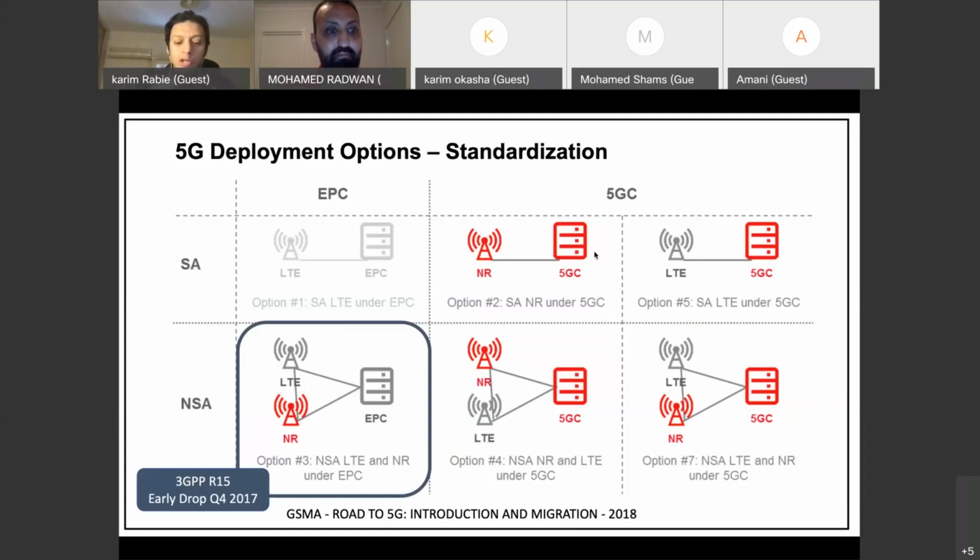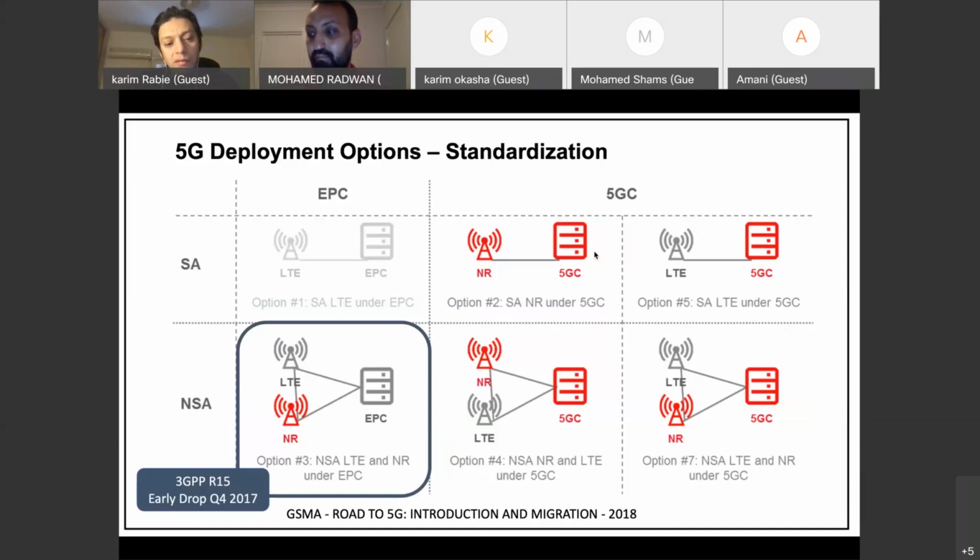And when you see a standard close the topic by Q4, or sorry, by Q4 2017, from my experience, you should always expect minimum 6 months to 1 year for any commercial deployment, okay? Because the vendors need time to absorb what we call stage 3, which is actually the bits and bytes and the frames, and start developing their solutions for a commercial product, and then going for a trial or a POC with the customers.